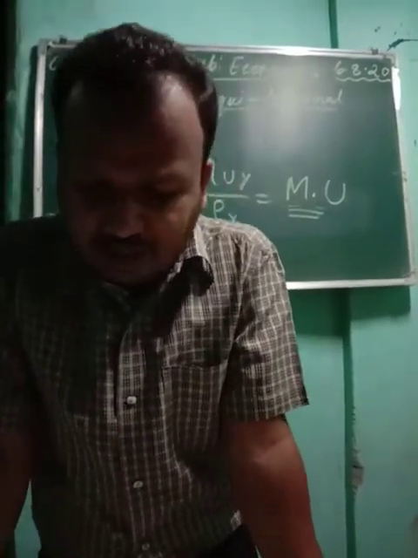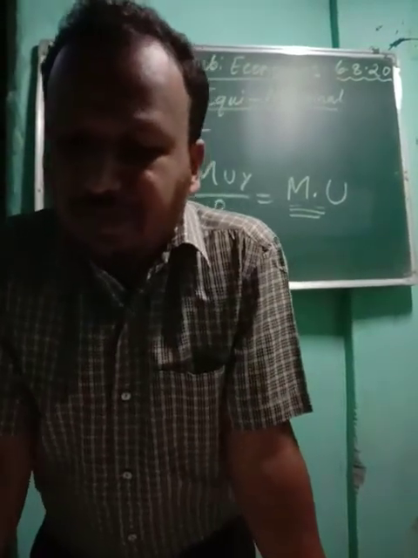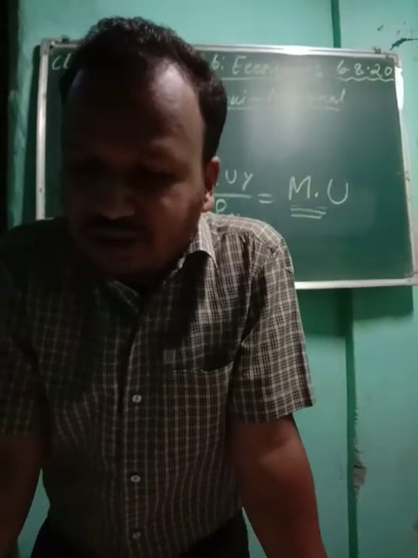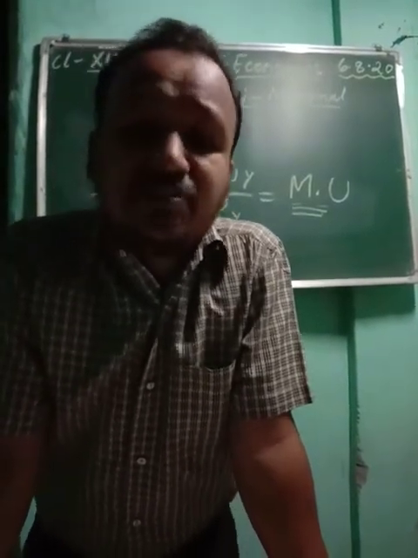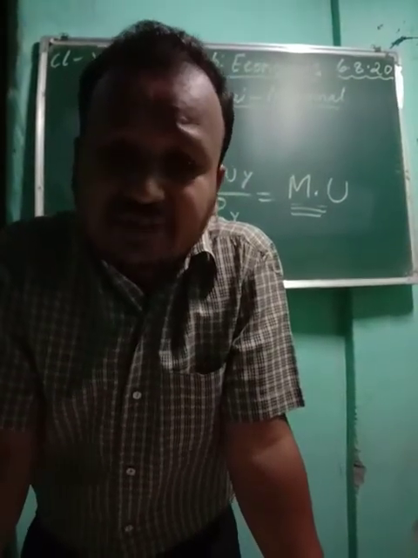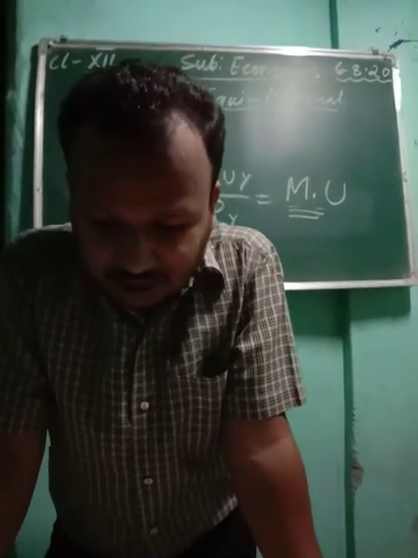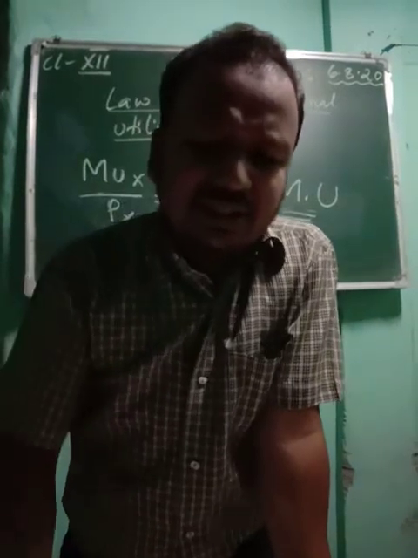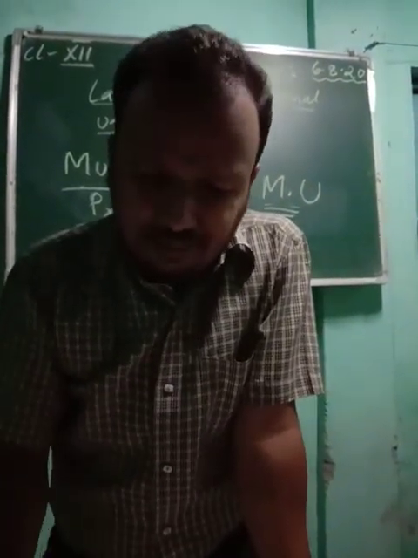So in this way you see the consumer will spend on the 4th and on the 5th also oranges and mango. So the consumer will enjoy maximum satisfaction. That means the particular commodity in which he is getting more satisfaction, he is going to spend more on it. This is just an introduction only. Now we will see with a proper example.